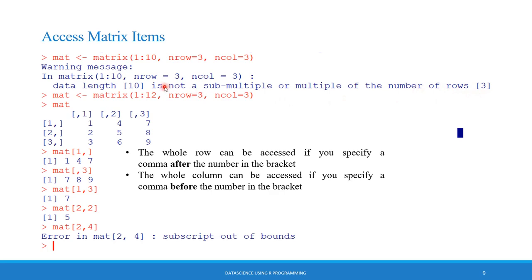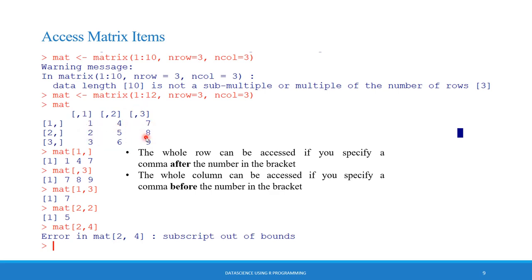So you have to be very careful while defining the number of rows, number of columns, as well as the length of the data. Now let's see how to access the elements, or how to access rows of a matrix. For example, let's consider this matrix. This matrix has data elements from 1 to 9, and it consists of 3 rows